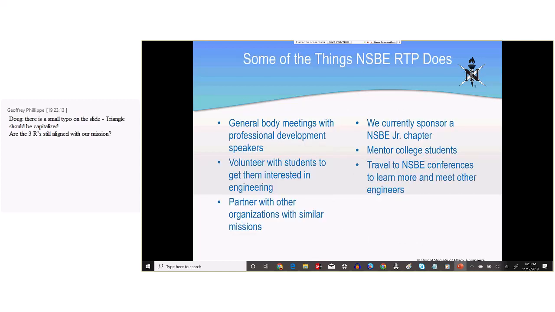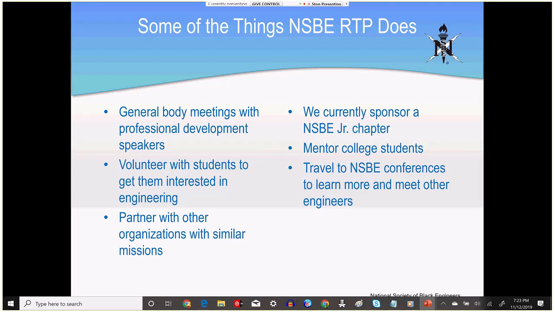So just to become a little bit more familiar with NSBE RTP, here are some of the things that we do. This is just a partial list, but we hold general body meetings pretty much every month, and oftentimes we'll have professional development speakers.